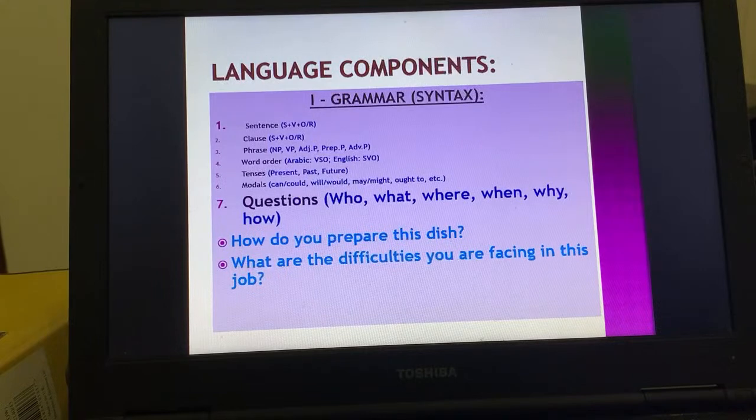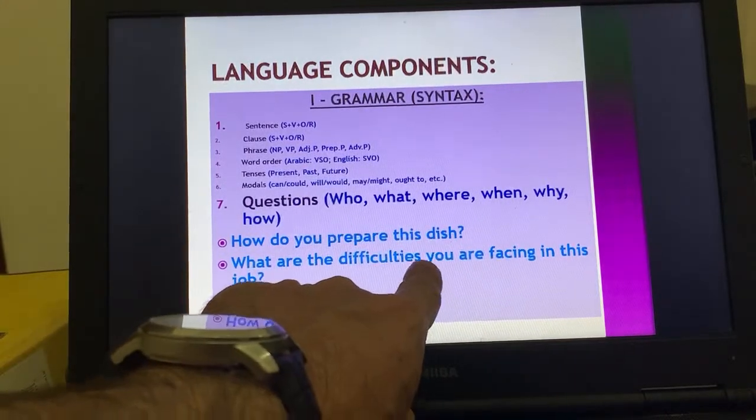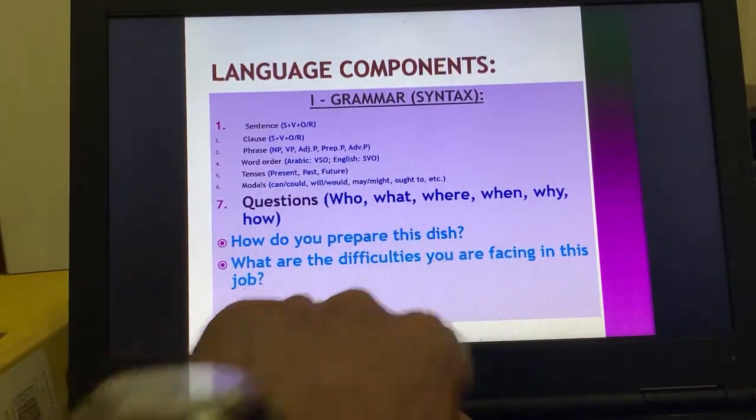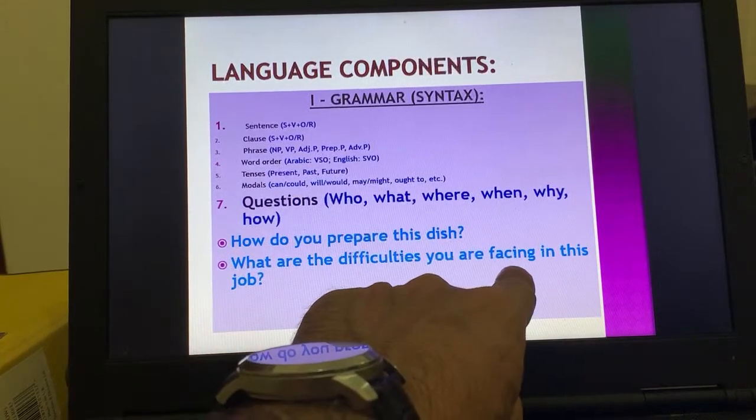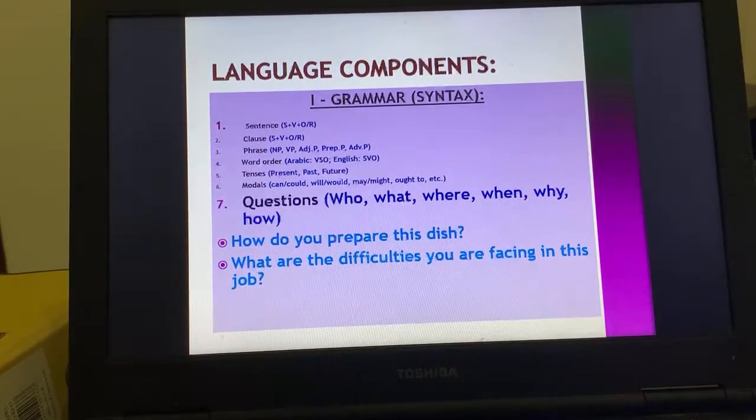ما هي الصعوبات التي تواجهها في هذا العمل؟ لاحظوا أن "التي" is not there in the English, which we don't need in English, but we do need it in Arabic. So what are the difficulties you're facing in this job? ما الصعوبات التي تواجهها في هذا العمل؟